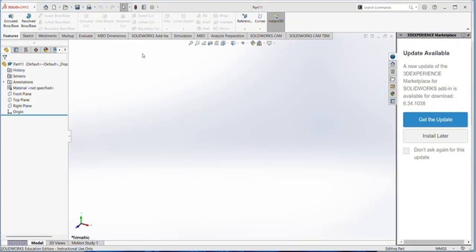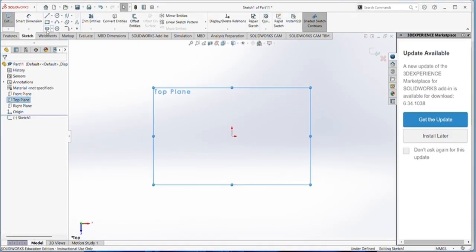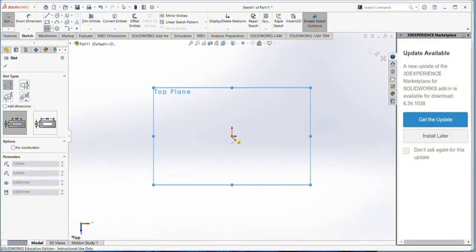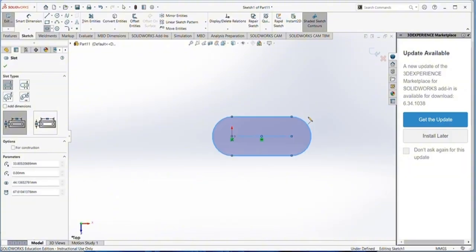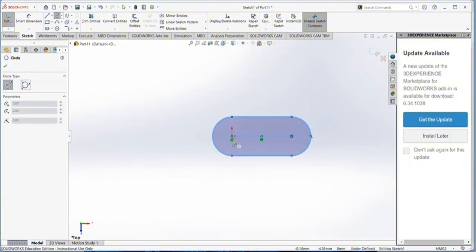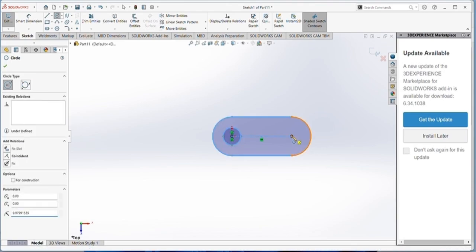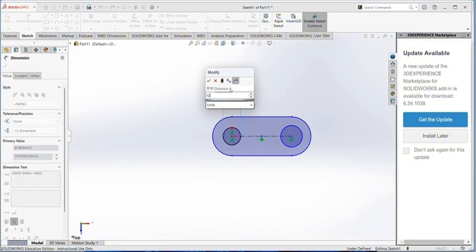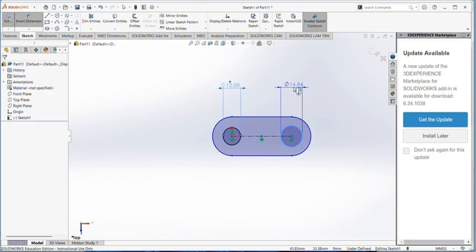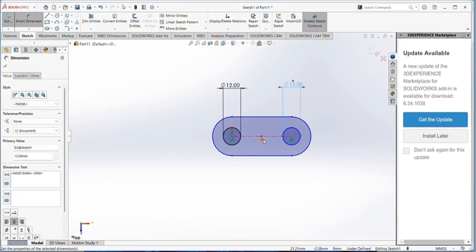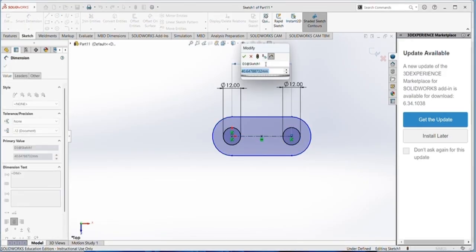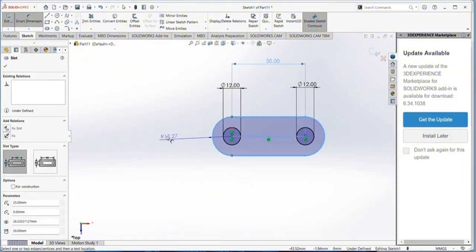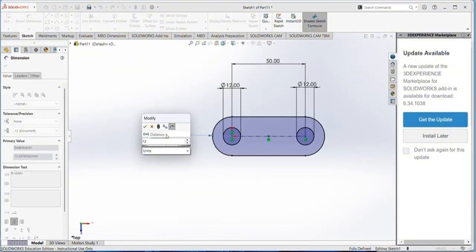I'll be showing you guys how to create the top plate. So we'll choose the top plane, sketch, and then straight slot, make a straight line, and then make it upwards. Then again add two circles here, assign dimensions 12 millimeter each, 12 millimeter, and then this length should be 50, and then this radius should be 12.5,